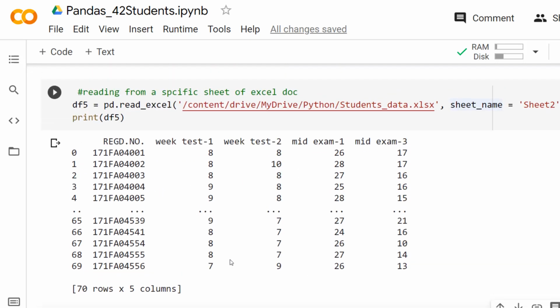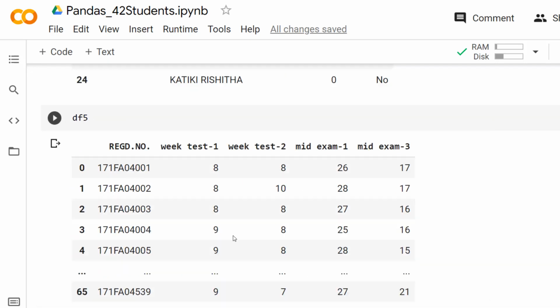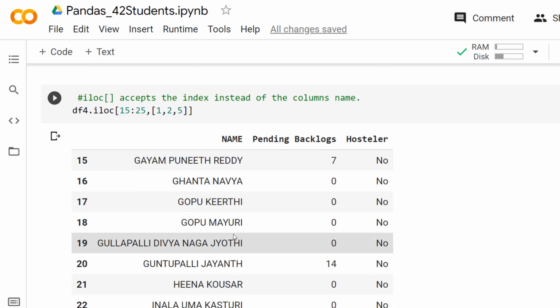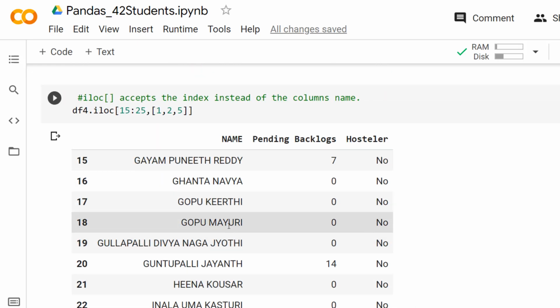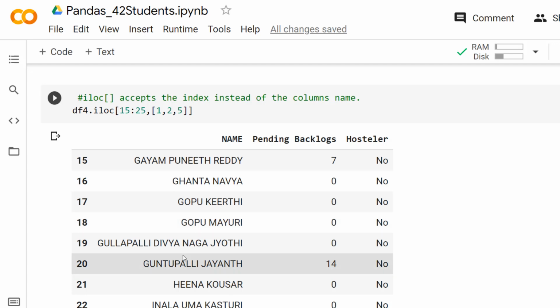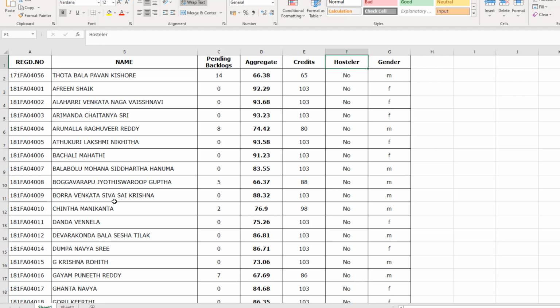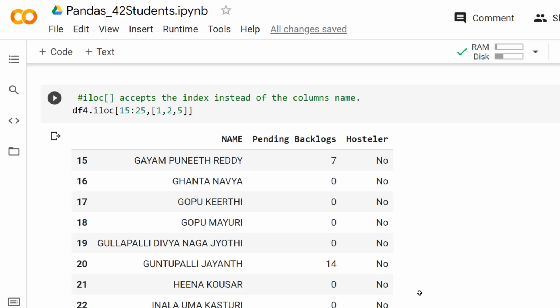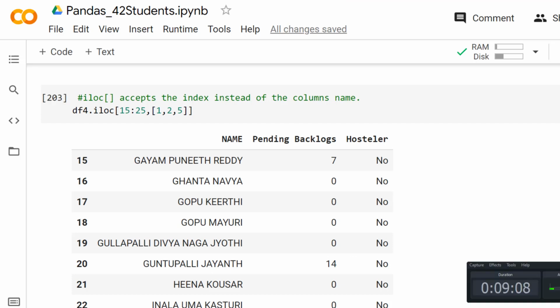And now we have seen how to create the data frame, right? So far in this lecture we have seen how to create data frames using lists, dictionaries or NumPy arrays. Now I hope you understand what the data frame is and how it helps us create a two-dimensional grid of data. In addition, we have seen an interesting thing, how to load the data available in the Excel file. That's what we have discussed in this class. I hope you enjoyed it. In the next class, we'll see some more operations on data frames. Thank you for watching this video.